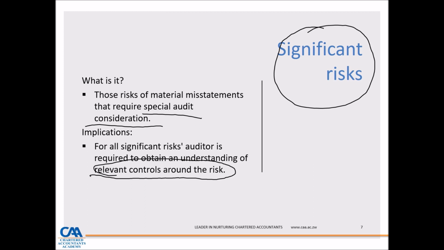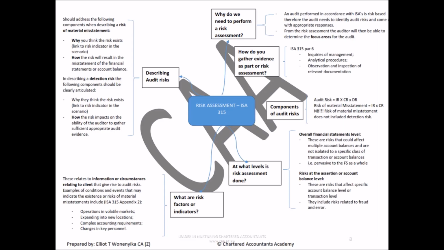So you need to go back to management and say, "Management, I picked out these risks of material misstatements that I feel are significant. Do you have any controls in place to mitigate these particular risks?" So that is the major implication from an auditing perspective. Now, to summarize what we have been discussing, this is just a simple mind map which will